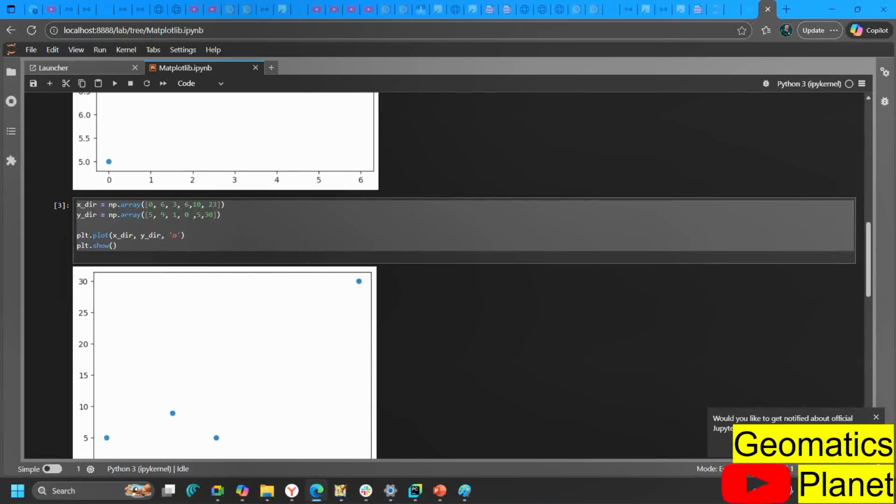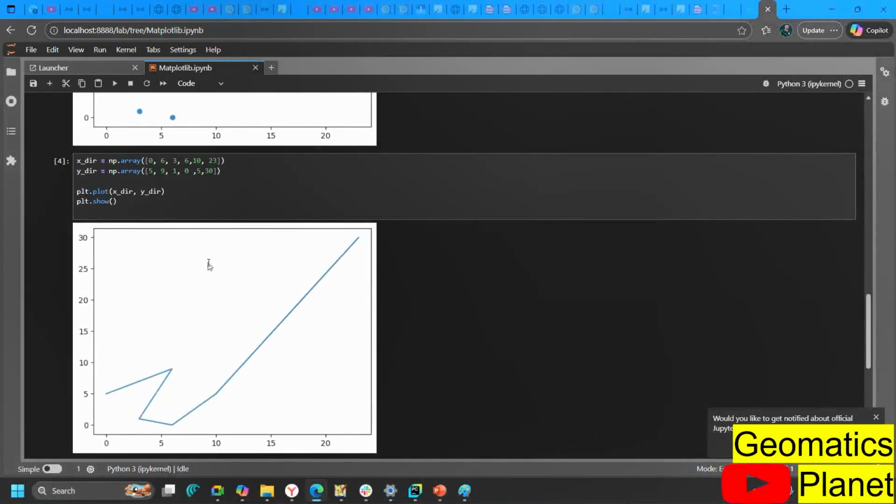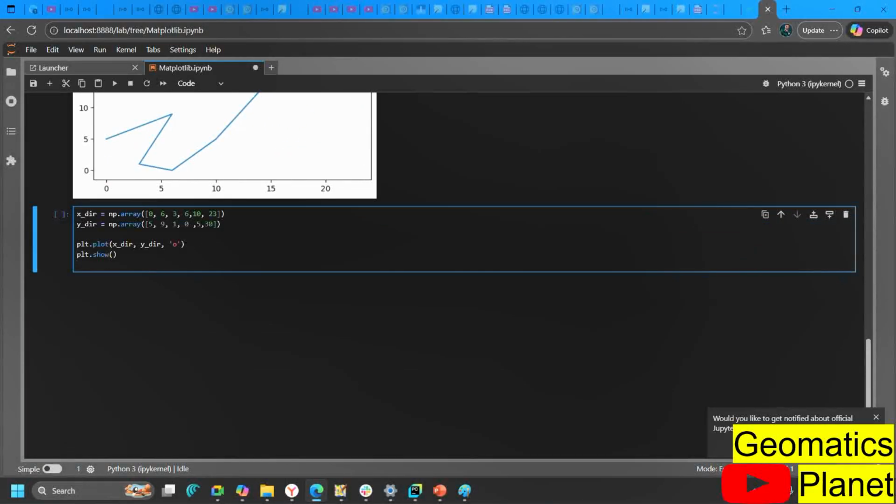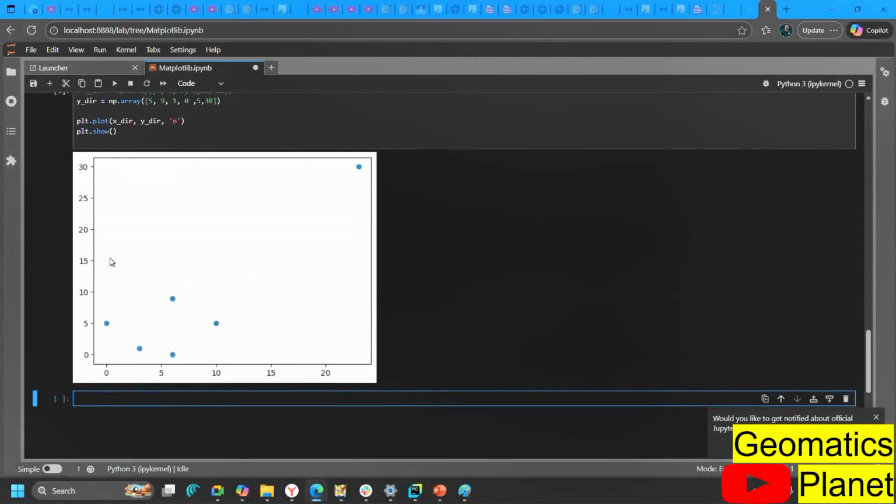So this is a way I can plot multiple points. At the same time, I can also decide to plot only on the y-axis. What I mean is that in the x-axis, for example, I can just decide to comment this. I have commented this, and I'm going to run this line. Then you can see here now that I get it